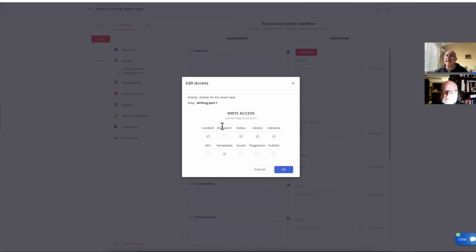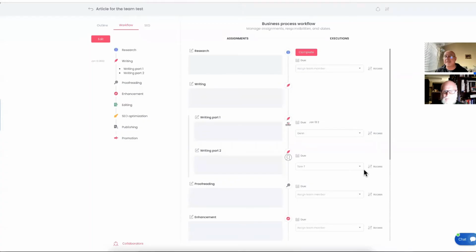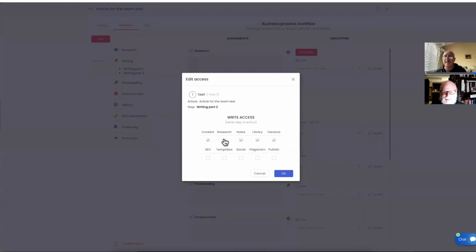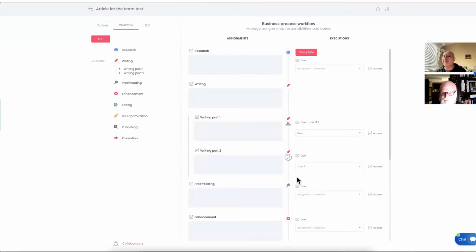If this is the way I want to give it to you, I'm controlling here and just say, okay, that's it. I created the access, say, to this person, whoever is assigned here. If it's me, of course, I bypass all the access. I can access anything through my regular view. But if it's assigned to you, I'll say, okay, I'm just giving you the content and nothing else. So you just write this one and maybe notes. And that's enough. So you get just very limited access, and you only can write and you can get access to notes. Is that pretty clear for now?